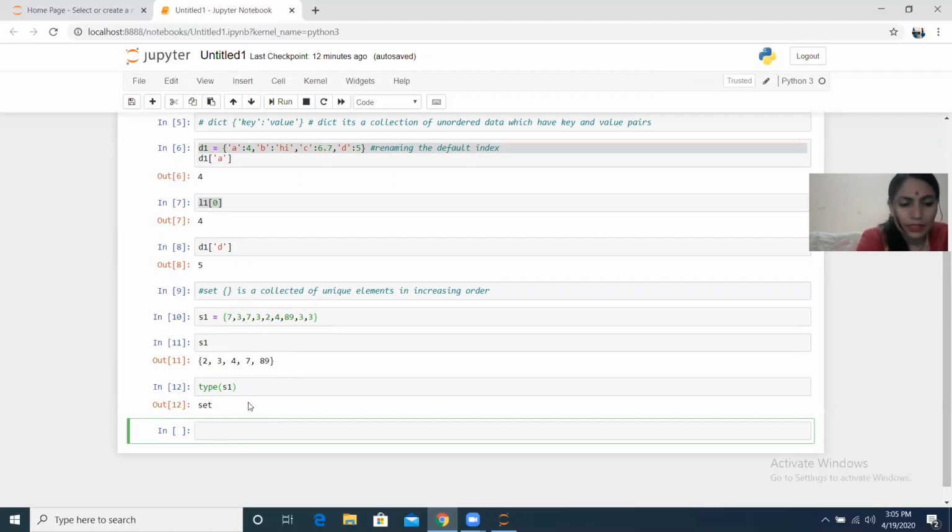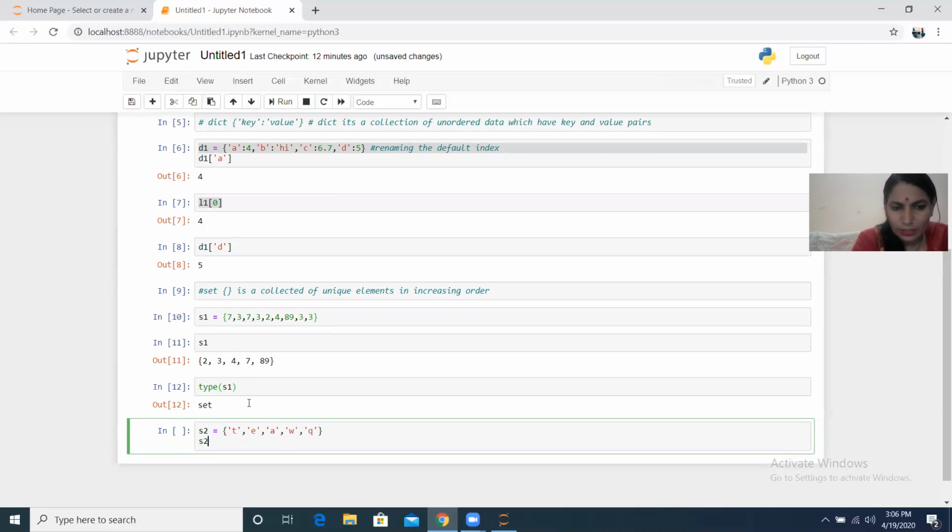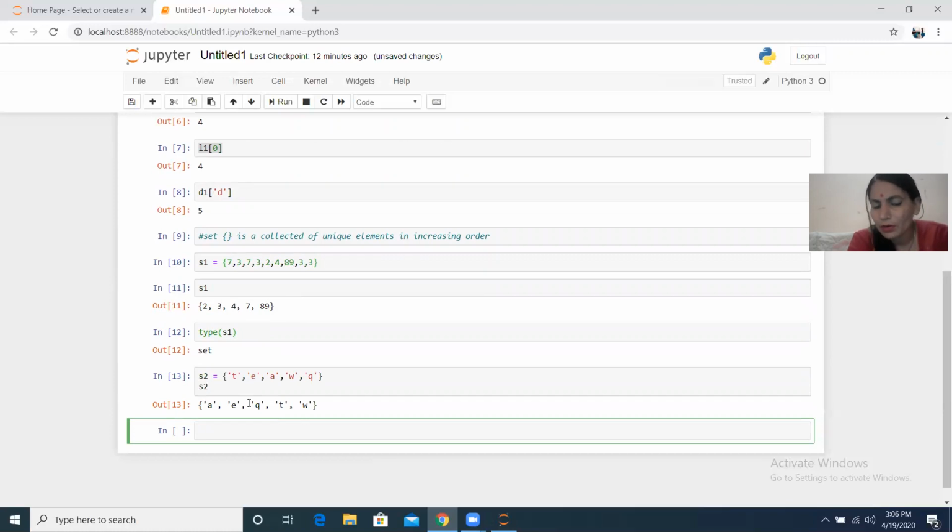Let's say now we create a separate set with some alphabetical values. Let's say I'm just giving the unordered alphabets. You can create your own examples as well, like this. And once you run it, you see that it is sorted in alphabetical order.